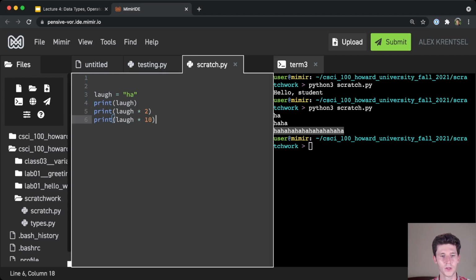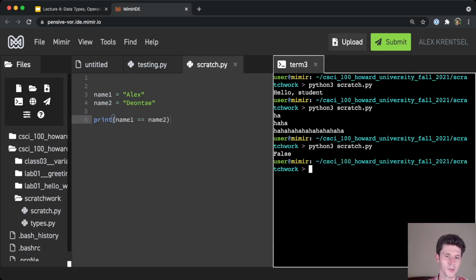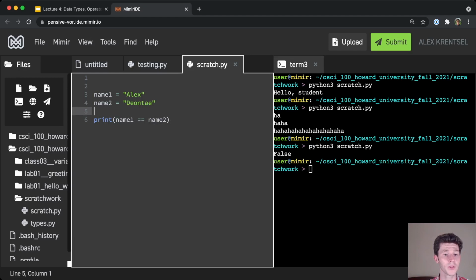So here we can have name1 equals Alex, name2 equals Deontay. And if you compare these, is name1 equal to name2? False, they're not equal. And by the way, you might have noticed this whole time as I do examples, sometimes I'm putting these